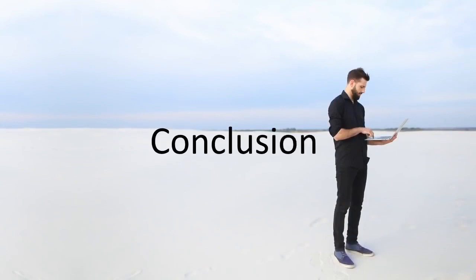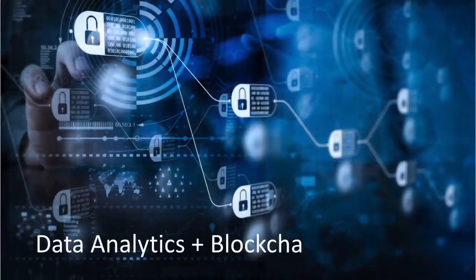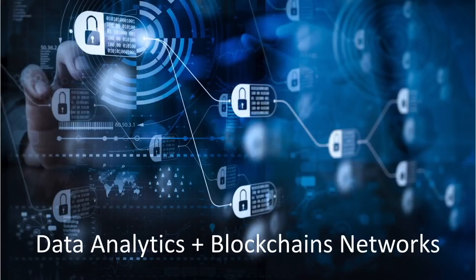So just to wrap up then, I think we're in a technology revolution that's really only comparable to the industrial revolution or the agrarian revolution. And the key technologies here are data analytics and blockchain networks, at least at the moment. And both of those technologies are different from the industrial technologies in that they don't just change the world around us. They actually change us, right?